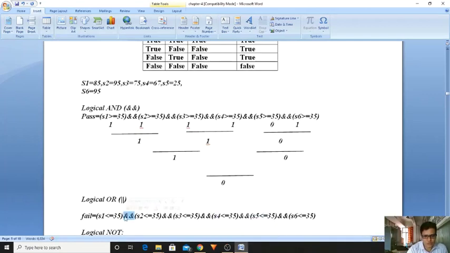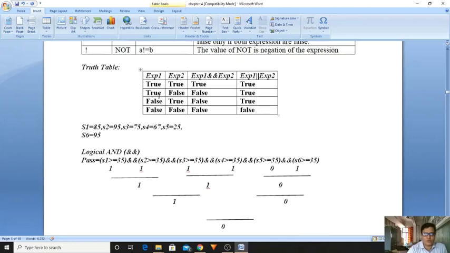Here what I have to do? I have to use the logical OR. Okay, clear? Yes, I'm copying and pasting wherever logical OR is required, just for your understanding purpose. Now let me check here. Please observe the truth table. If both the conditions are true, then the result is true in logical AND. In the rest of the cases it is false. Got it? If the two conditions are false, then only it is false in your logical OR. In the rest of the conditions it is true.